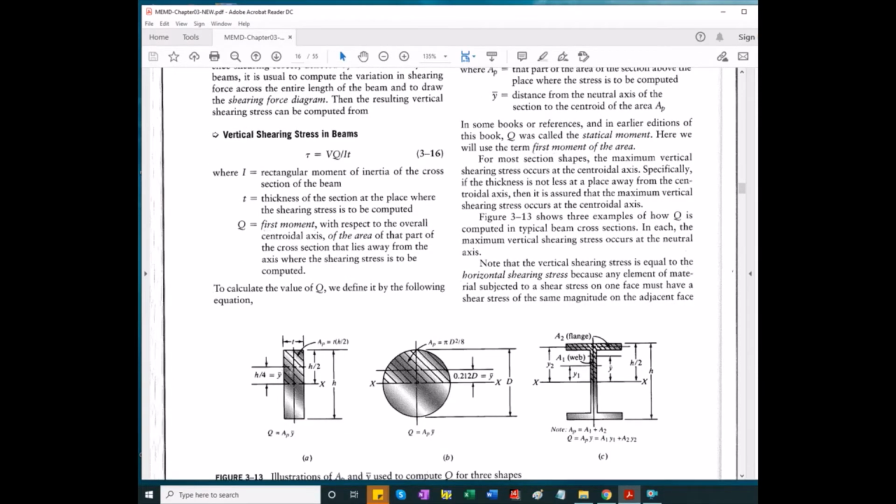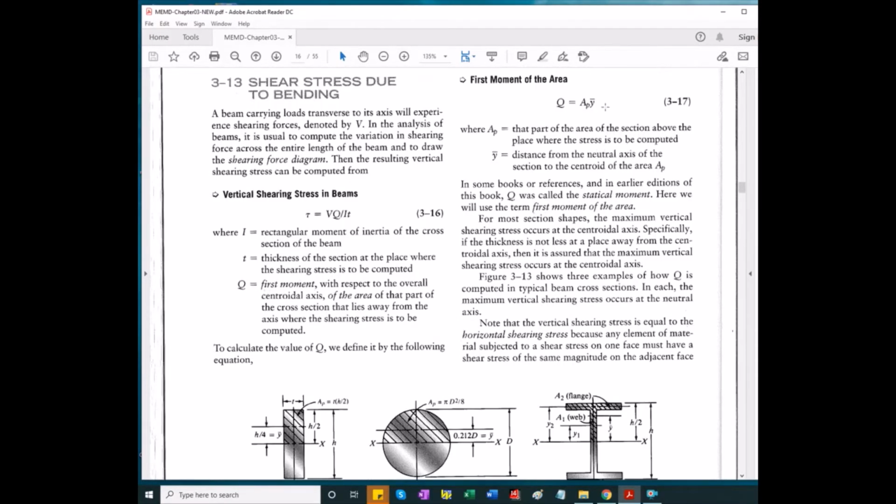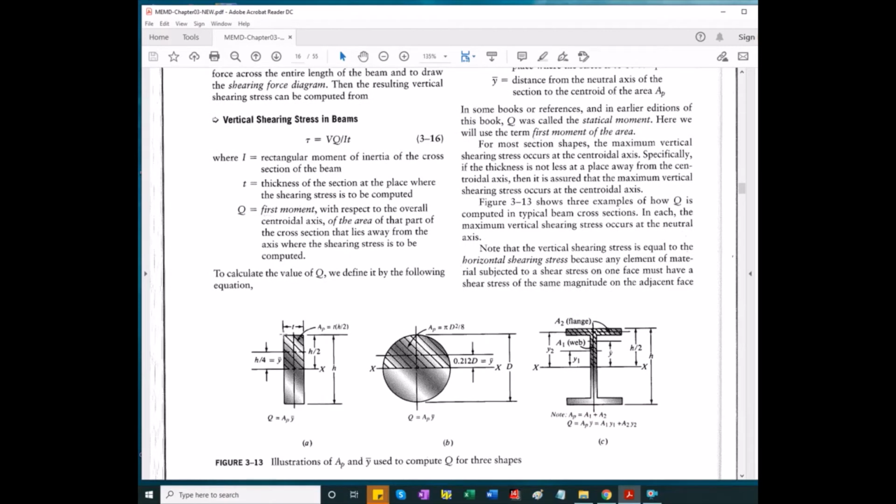Here the way it's shown, with the crosshatch, essentially it's calculating the shear stress at the neutral axis. Okay, so y for this rectangular cross section would be h divided by 4. So the area is going to be the area of this rectangle. The distance from the neutral axis to the centroid of the area above is going to be